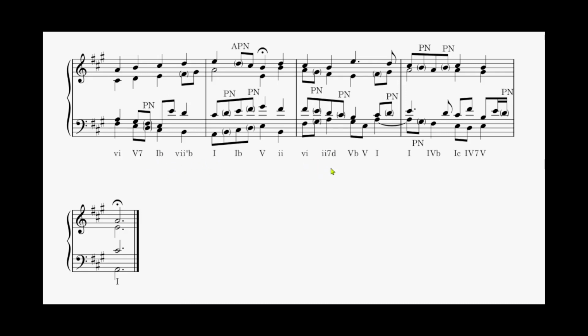Towards the end, there is a special chord we seldom use, but once in a while we can find it in Baroque music, 2-7-D. When you spell out this chord, it is B, D, F sharp, A. So this is the D position with a couple of passing notes again. 2-7-D goes to 5-B, 5-1. Look at this tied note. A tied note doesn't mean it's always a suspension. It is only a chord tone because we can check vertically. This is just an A, C sharp, E chord, an A major chord with a G sharp passing note. Then finish with 4B, 1C, 5-1.